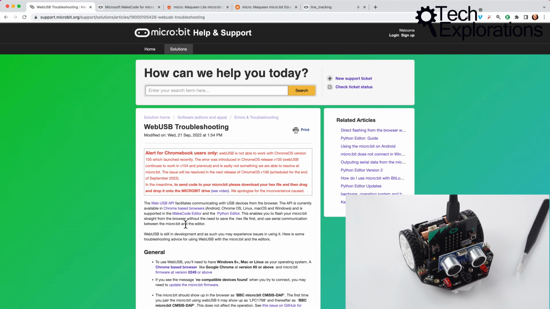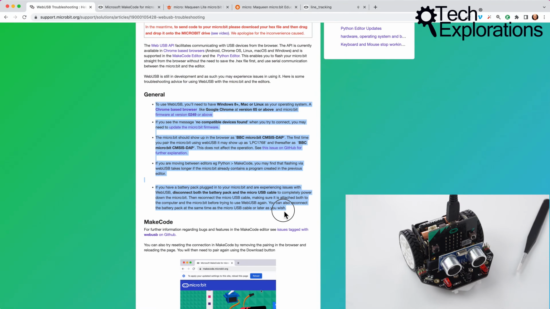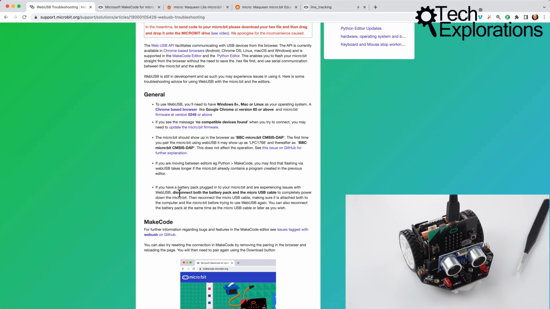and there is a nice feature here that allows you to upload programs to the micro:bit directly from the browser without having first to download a program to your computer and then to copy it across to the micro:bit special folder. So if you want to know how to do that, just go to support.microbit.org and search for WebUSB troubleshooting, and down here you'll see instructions on how to set up your Chrome browser so that you can upload files and programs directly to the micro:bit. This is the method that I'll be using. As I said, it saves us the trouble of having to manually copy a hex file for the micro:bit program